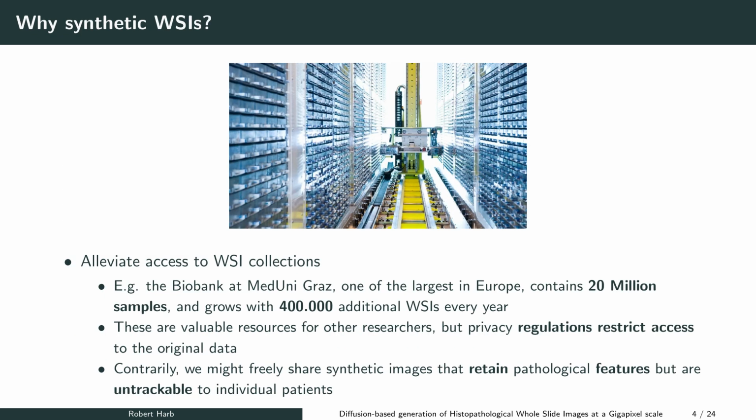A major motivation to generate synthetic whole slide images is to alleviate the access to large WSI collections. All over the world, biobanks host large collections of tissue samples. Unfortunately, often privacy regulations restrict access to this valuable data for researchers. In contrast, synthetic images that retain pathological features of private training data, while being simultaneously unlinkable to individual patients, could